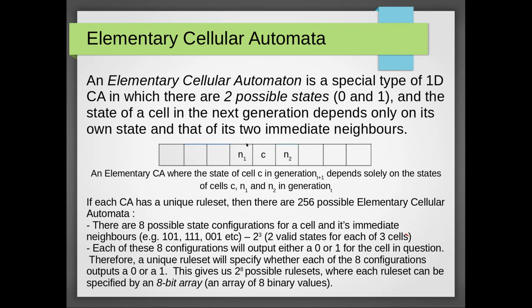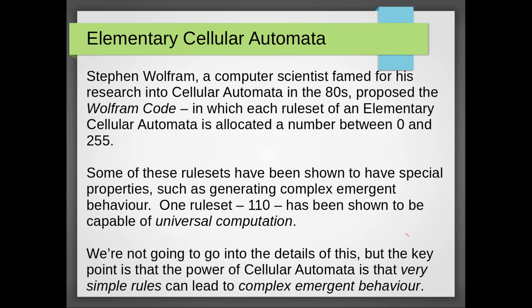Okay, there will be a certain number of combinations, and that will result in either this cell being a 1 or a 0 in the next combination. And there are 256 possible elementary cellular automata based on all those different combinations. That's it. So there's really simple rules. We could write a rule now, but it would have to fall into one of those 256. But out of just those really simple rules, that's all we're doing, you get this really special,